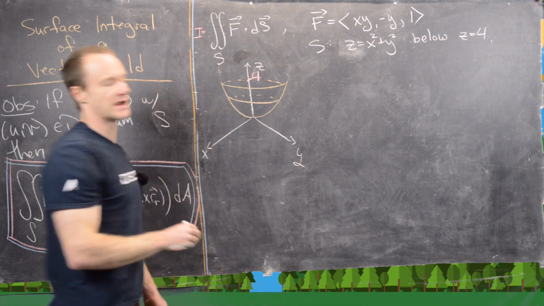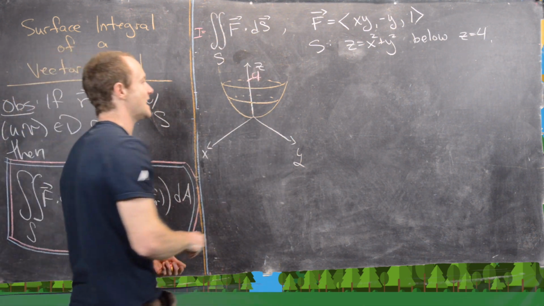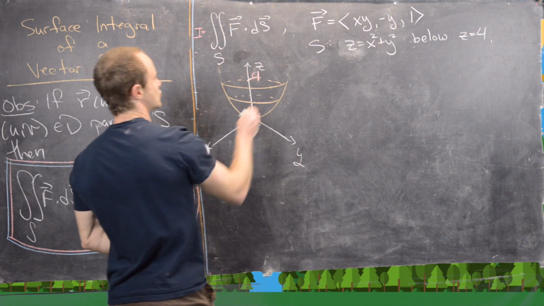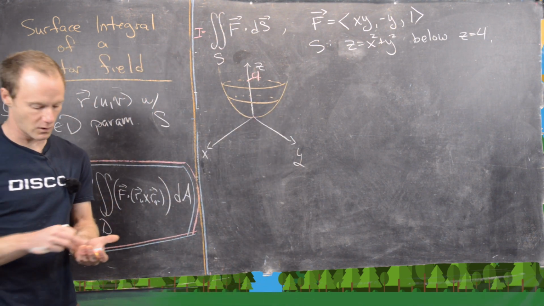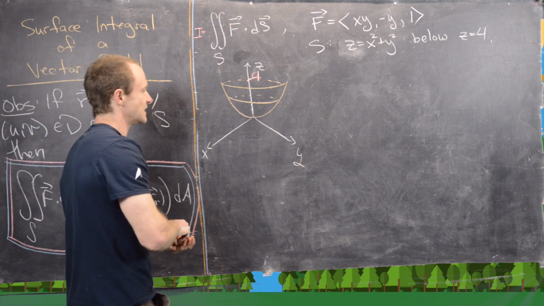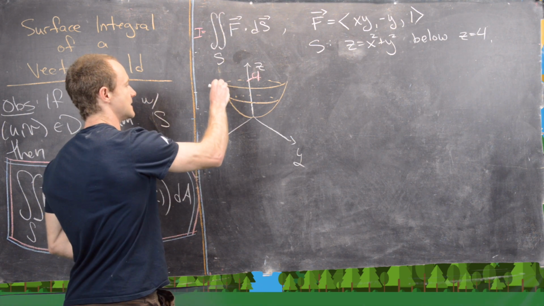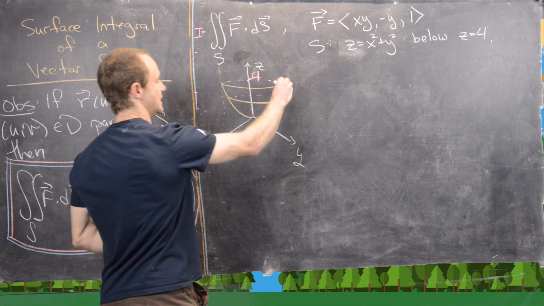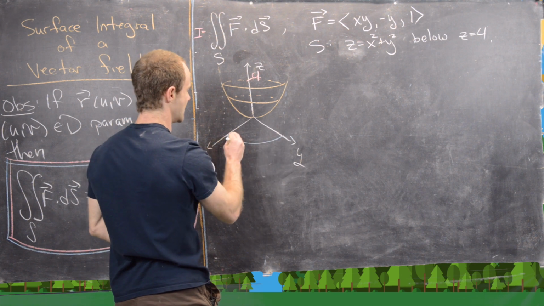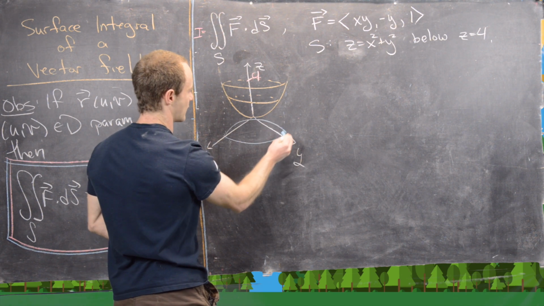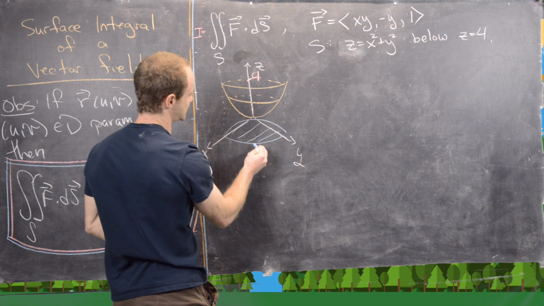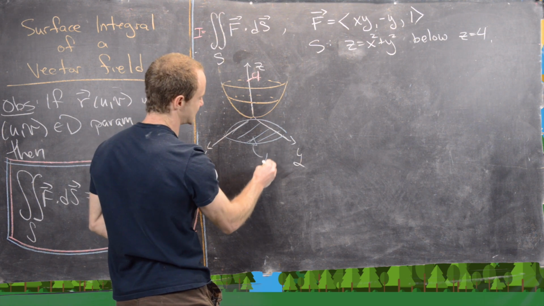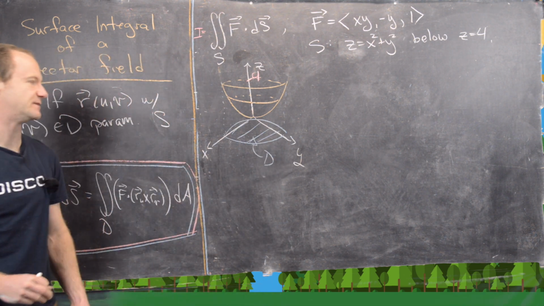So I'll put a 4 here, which makes this kind of ridge around here 2 units away from the origin. In other words, if we project this thing down to the xy plane, we get a circle of radius 4. And that circle, or I should say the disk, is going to be D,